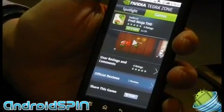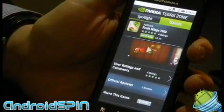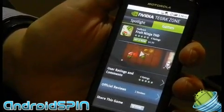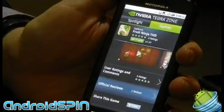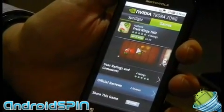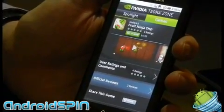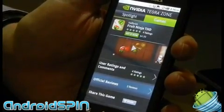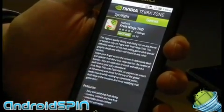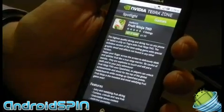So who's doing the approval process for Tegra Zone? Well, I wouldn't really think of it as an approval process. It's through NVIDIA, but it's with the developers that we're working with that show Tegra optimized content. So if you come up with games that are optimized, we'll put you in Tegra Zone. Okay. Yeah, there's not really an approval process per se. Just work with us and we'll put all your stuff in there and then you can see it. Cool. And then this will be true for tablets and phones. This is a phone app, obviously, but the tablet app will have a little bit more immersive experience, a little bit more of a tablet